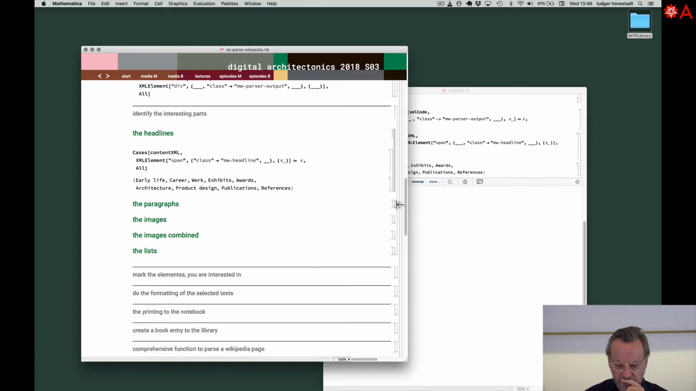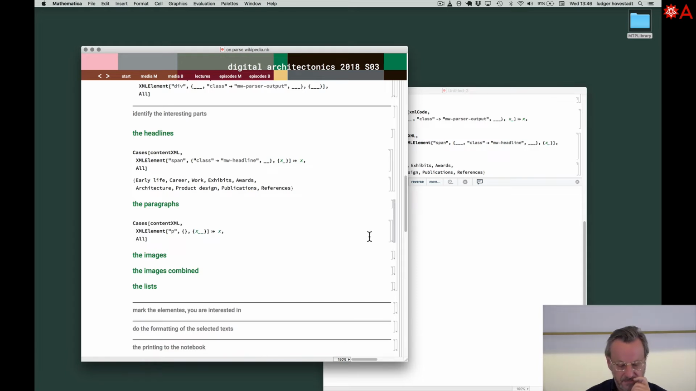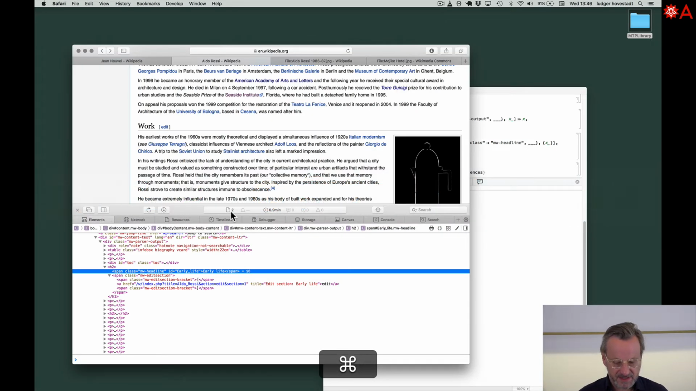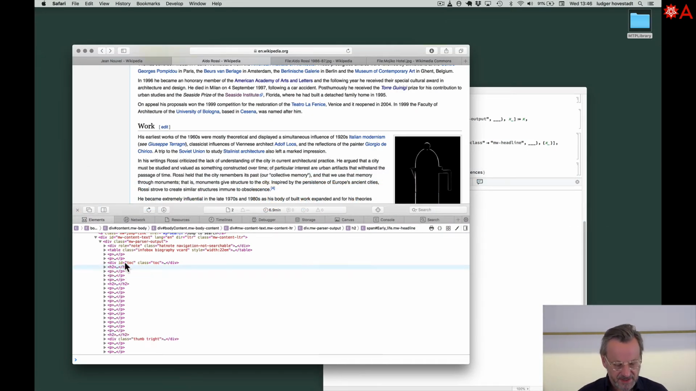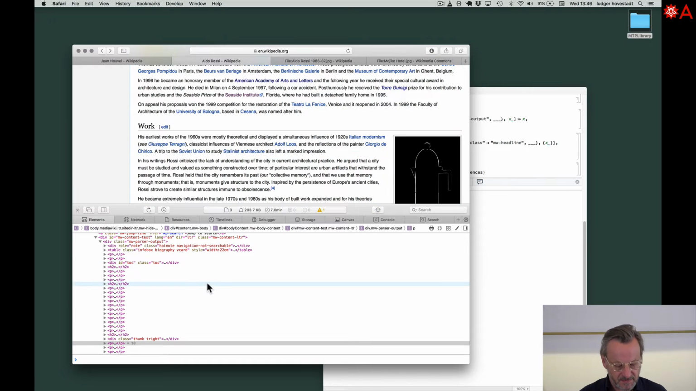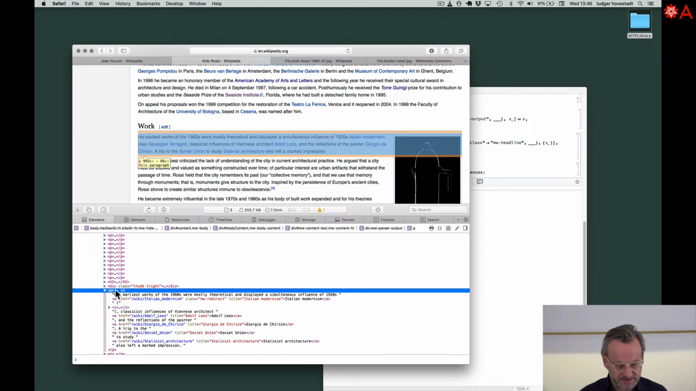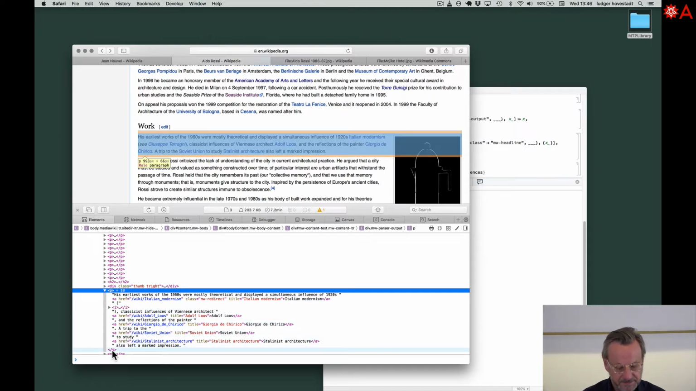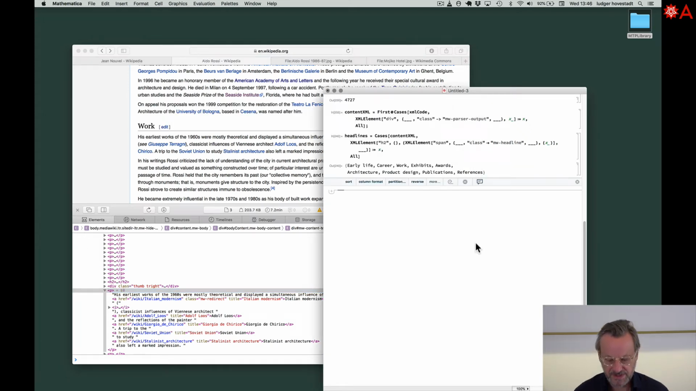Now the paragraphs. Right. Text, no, it's always the same, but let's do it. Now the paragraphs are always like this, and they are very simple. They start with P, then they have a lot of formatting, and then they end with P. So therefore, if we say paragraphs,